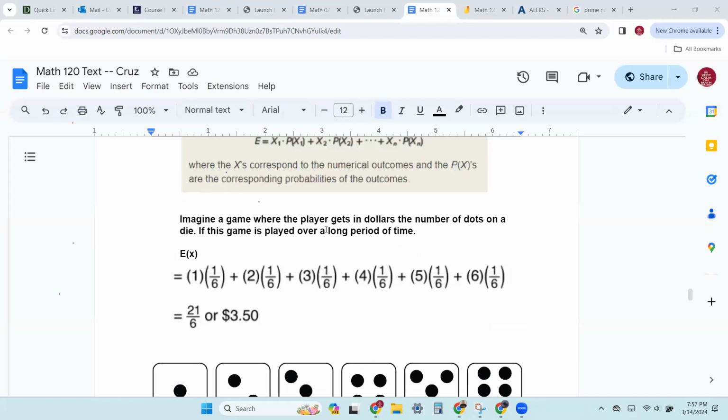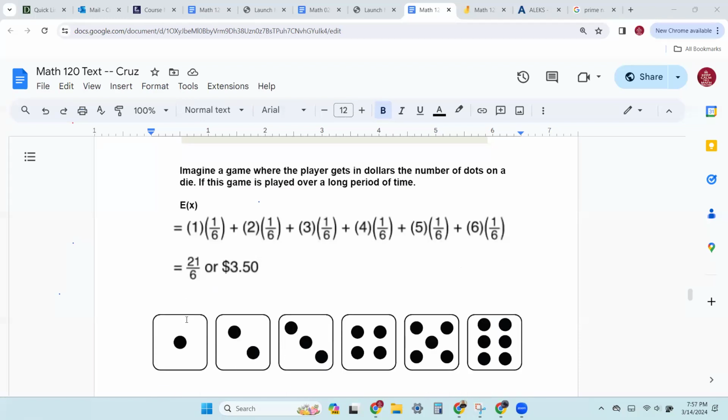All right, so if we have a game where you roll a die and then whatever rolls up on the die, as far as the number of dots, multiplied by the probability, that's going to tell us what the outcome is. So the outcome for the first one is 1, and there's 1 out of 6. Each one of the probabilities is 1/6. That's why it's always the same, because there's 1 of each number on the die. And if we multiply it by that dollar amount, our outcome, it comes out to,